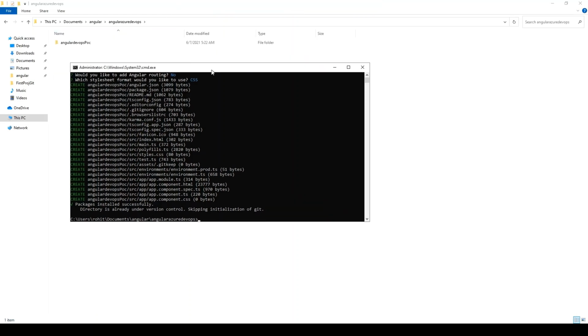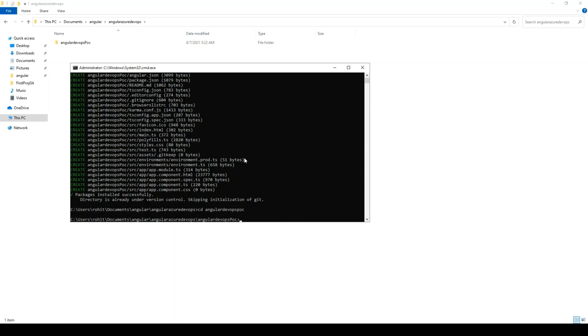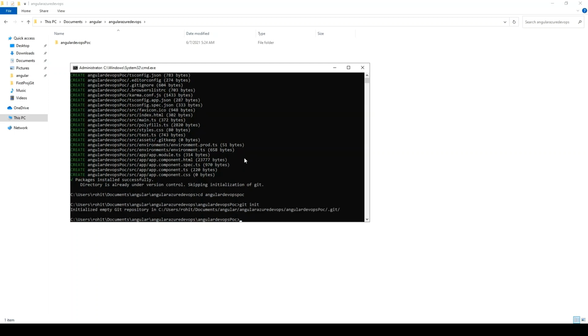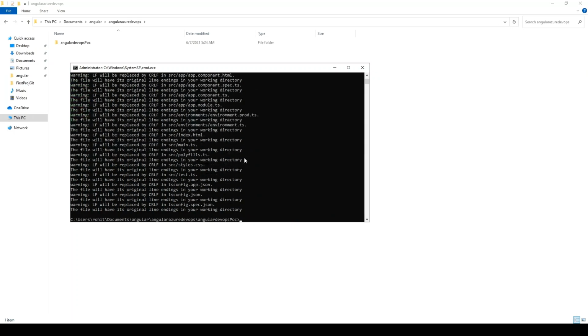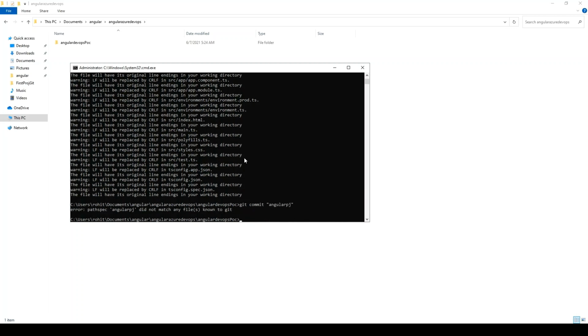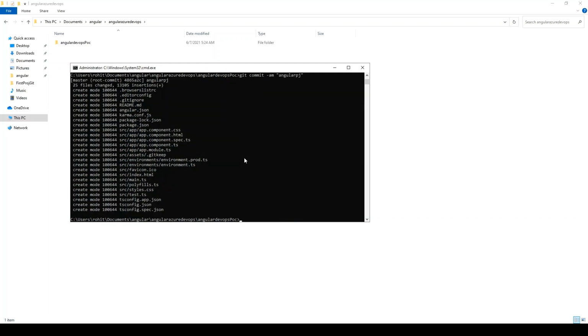So the Angular project is created, and let me initialize a repo here. So first I'll initialize the repo, then I will add all these files, then I will commit, okay.